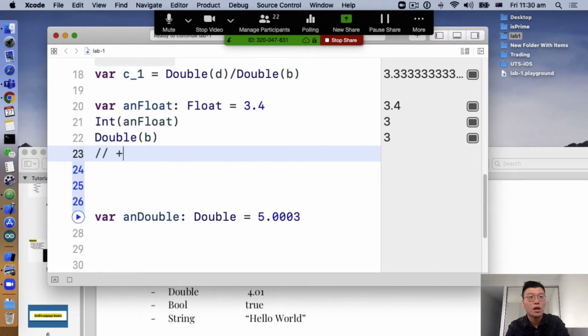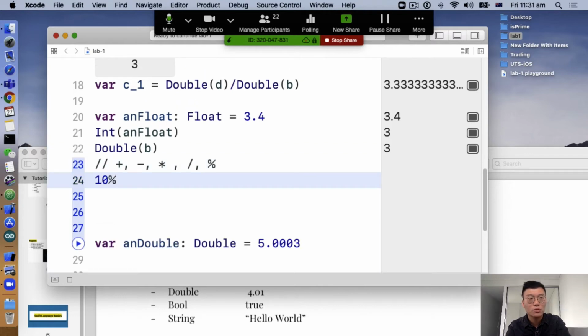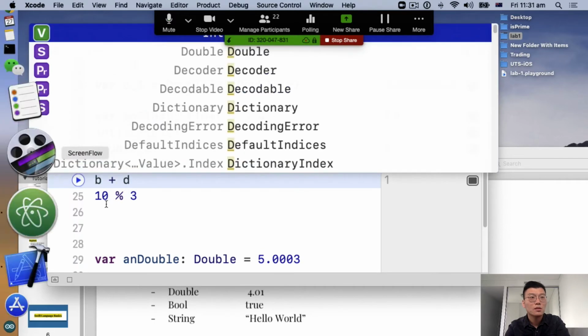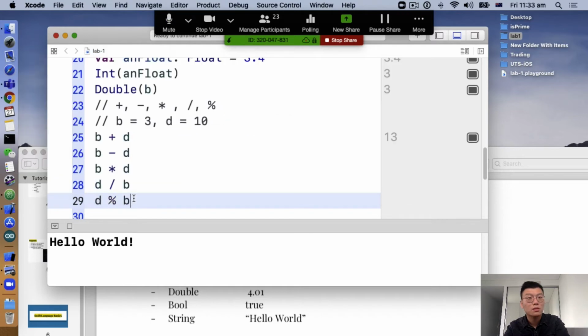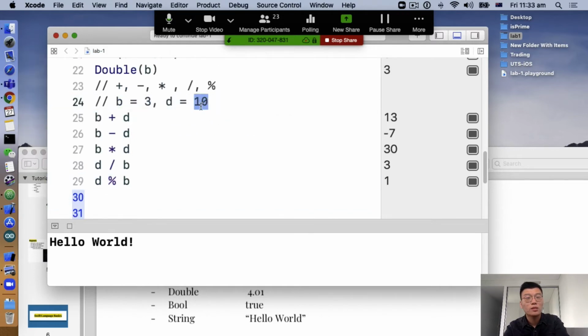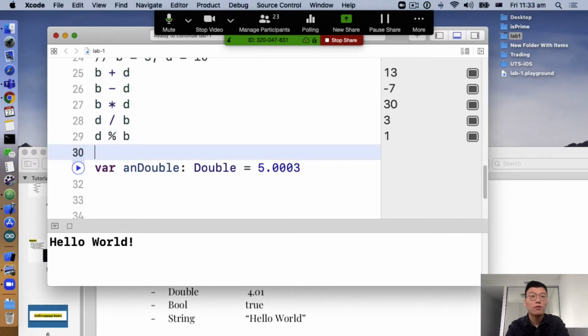Let us review the operations that we can have. We can have plus and minus, multiply, divide, and also we can have mod, right? What does mod mean? Ten mod 3, what will the result be? It will be 1, right? So mod means you divide the first one by the second one. So 10 divided by 3 equals 3, and the remainder is 1. That's what mod means. Okay, that's all for the